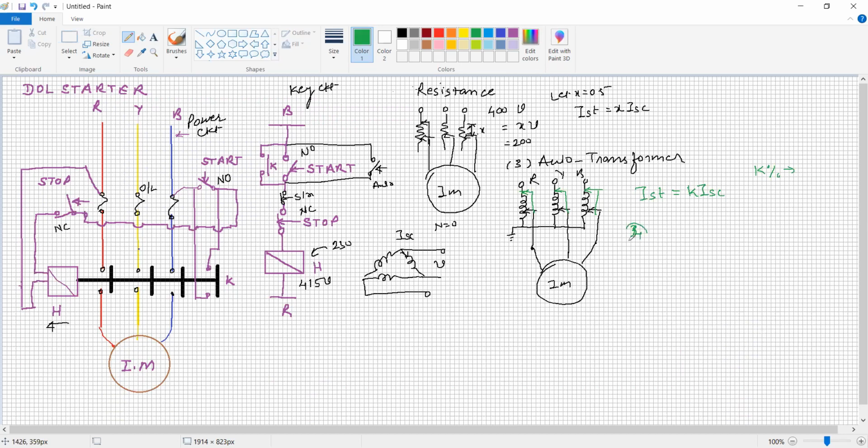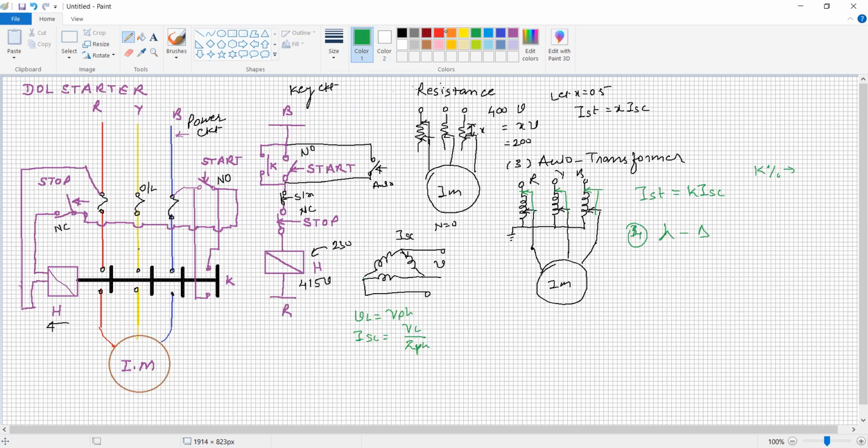Fourth case is the star delta starter. Most of the applications use the star delta starter. Now see, when we are applying the voltage to the delta connected motor, here the line voltage V is equal to the phase voltage. Therefore, short circuit current is equal to V line voltage divided by ZPH, the per phase impedance of the induction motor.